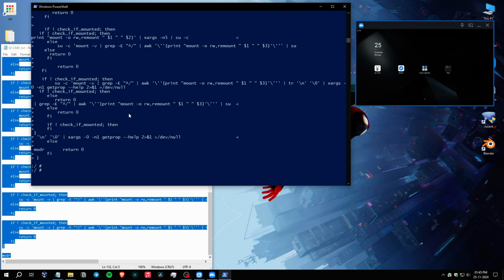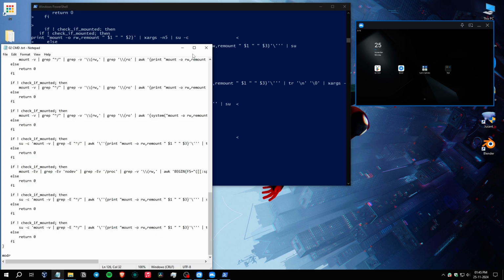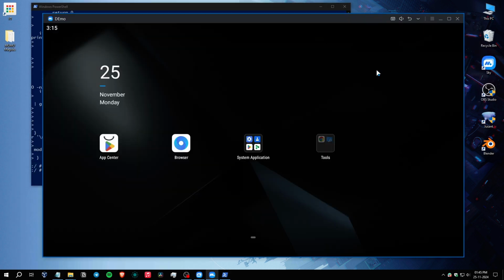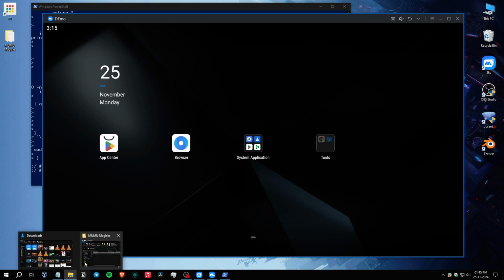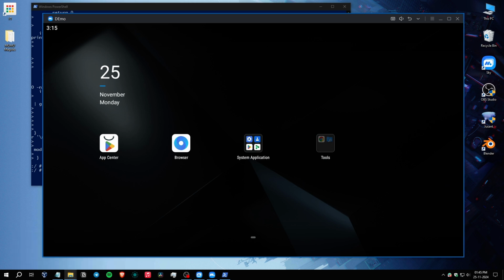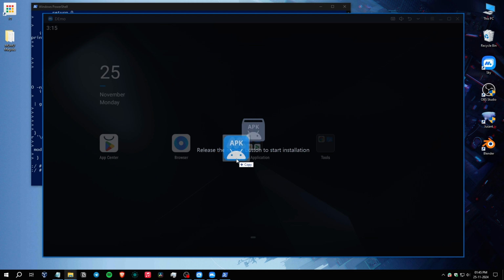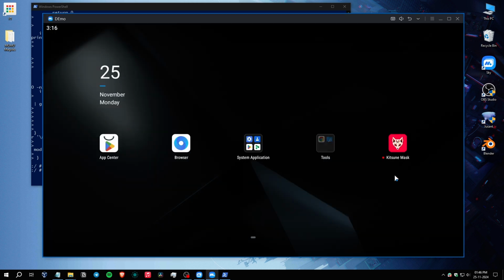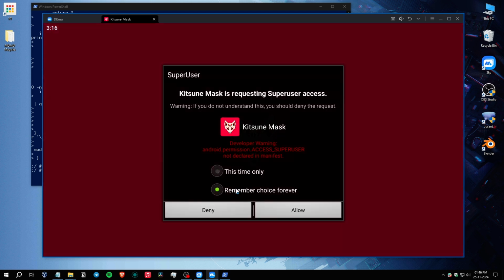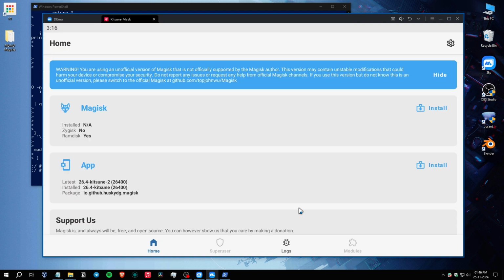Now what we have to do is install Magisk. I'm just going to drag and drop because it's already downloaded. So there it is, our Kitsune Magisk. Give it the permission. Here you will see it's installed now, and Zygisk is